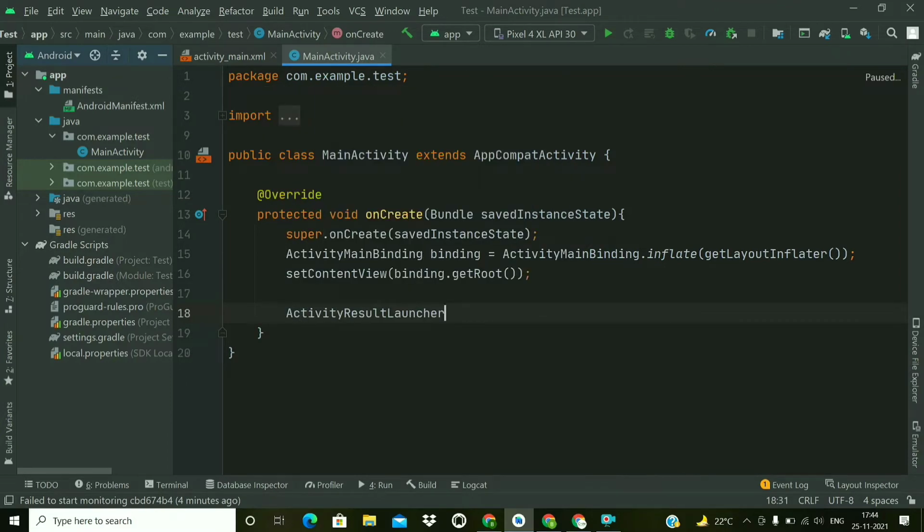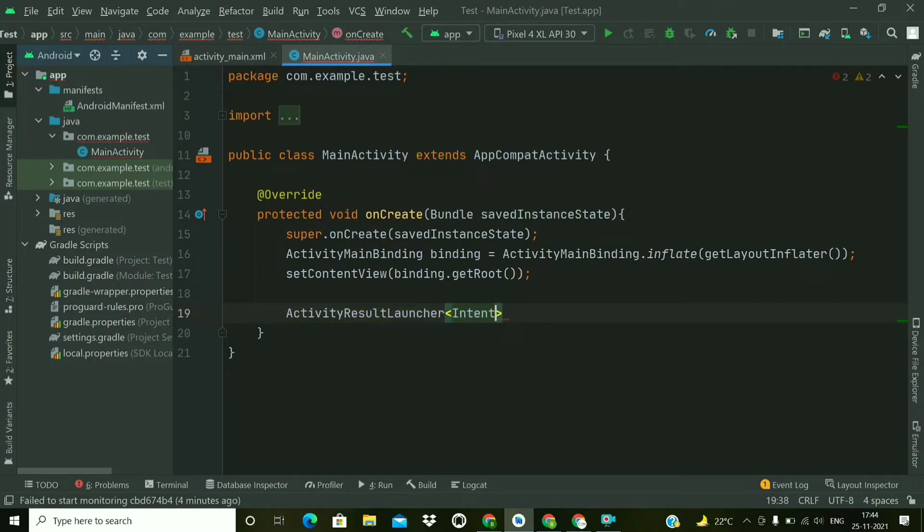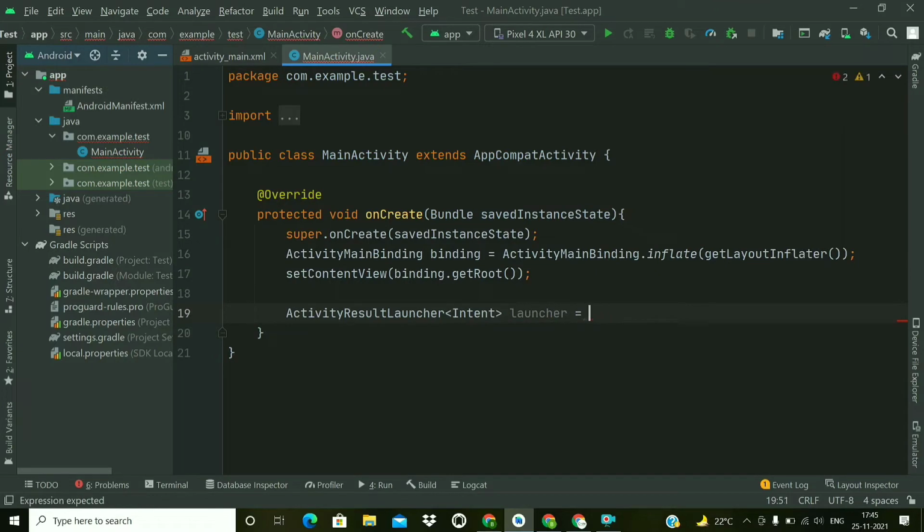Now we will register the activity result launcher. So pass the intent here as type, and give the name as launcher. Now call the method registerForActivityResult.